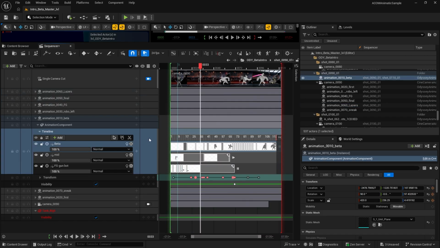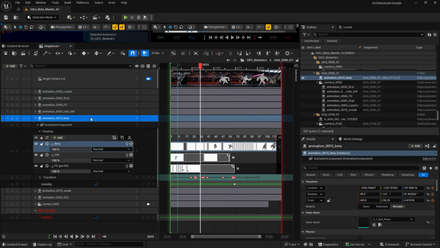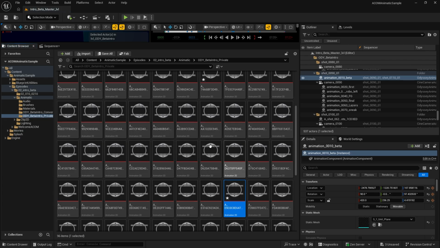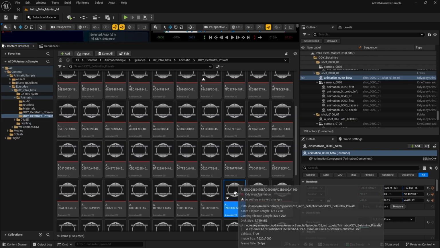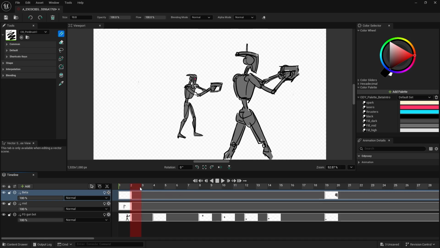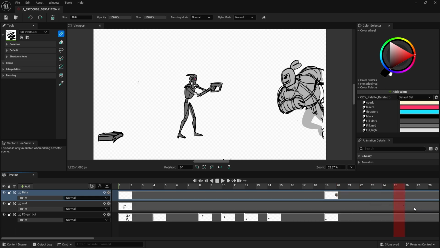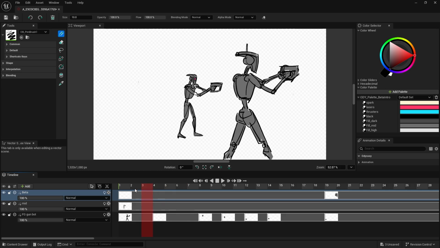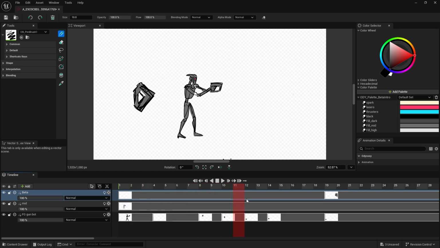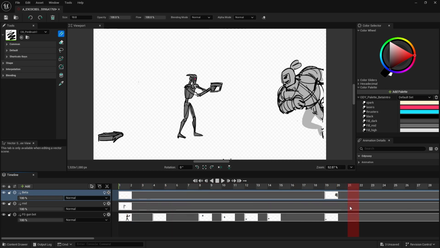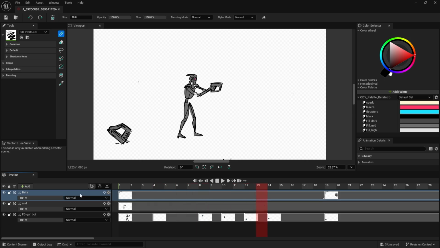If you click on an item and then click Ctrl B, here in this case Ctrl B, you can basically go to that element and you can see it is located under Beta Intro Animatic, Beta Intro Private. That will allow you to open this kind of contents easily. So as you can see, this Odyssey plugin is basically a 2D drawing app that allows you to draw on it within Unreal Engine. So you could have easily used a drawing tablet and draw anything you want and then animate it. As you can see, we have 3 layers here.